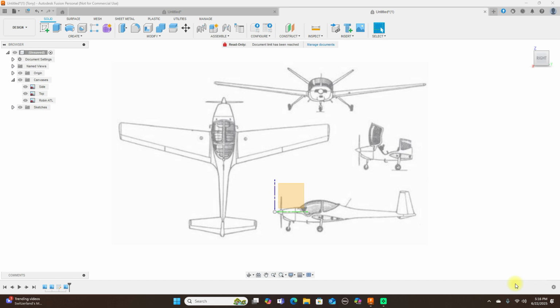Today we're going to be looking at modeling this ATL. And this is a home-built aircraft, so let's go ahead and get started here. I got my pictures on my canvases already. So what I'm going to do here,